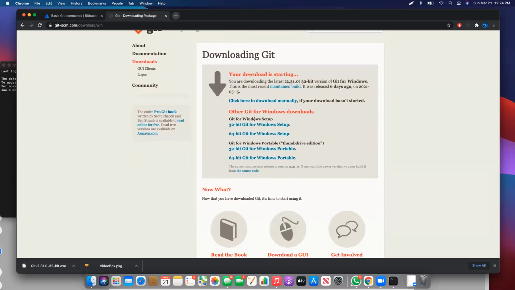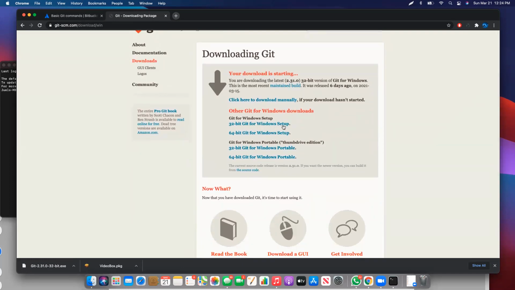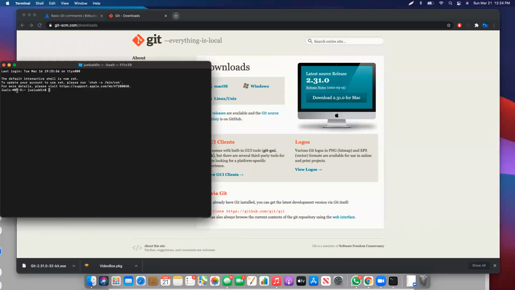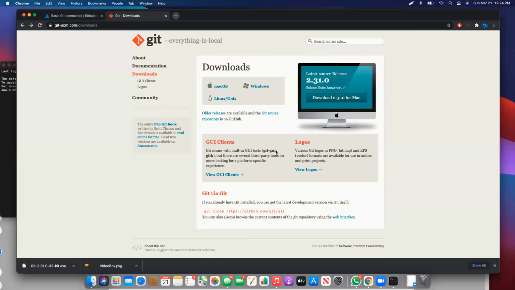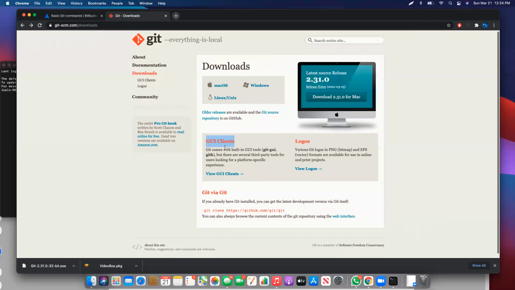Okay. So then you click on it, and hopefully once you download it for Windows, you don't have to specifically get the bash. The bash will come with it. Okay, for Windows. For Mac, we don't need a bash because we can directly work with the terminal, right? So that's the difference. Now, some of you are going to be able to use Git GUI, which means